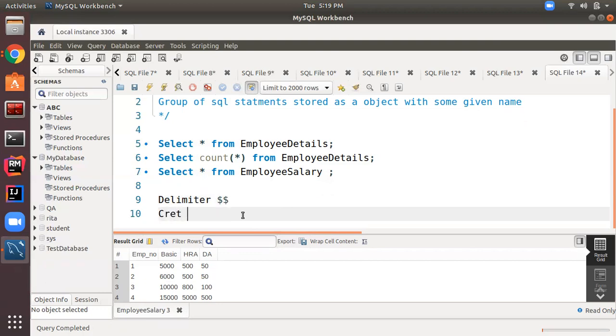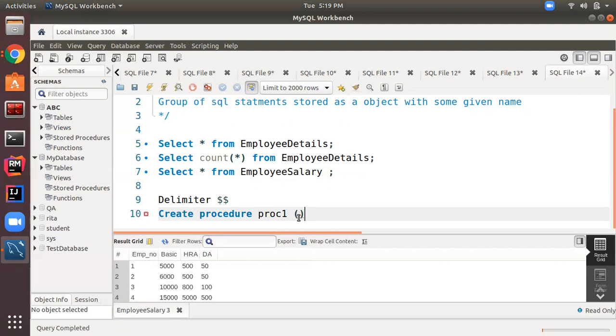After that I will write create procedure. The syntax for creating a procedure is, first give the keyword create procedure, and after that we define the procedure name. Let's suppose I'm creating procedure 1. This is my procedure name.